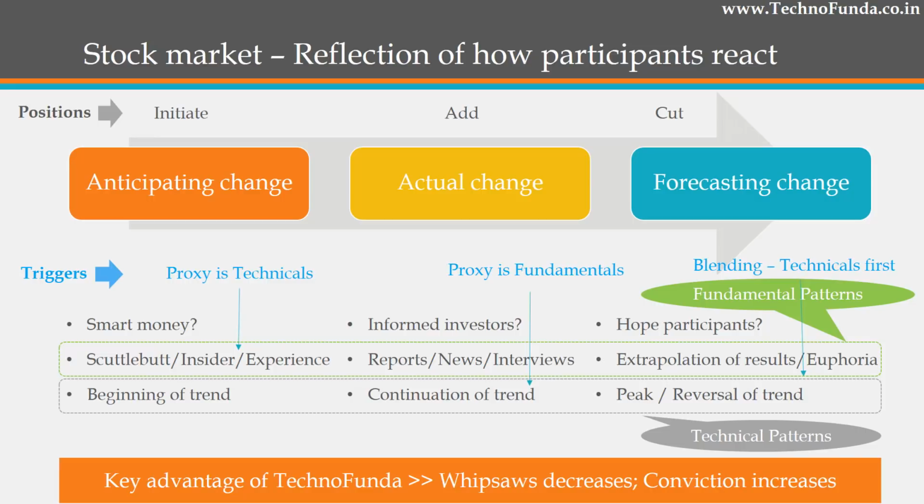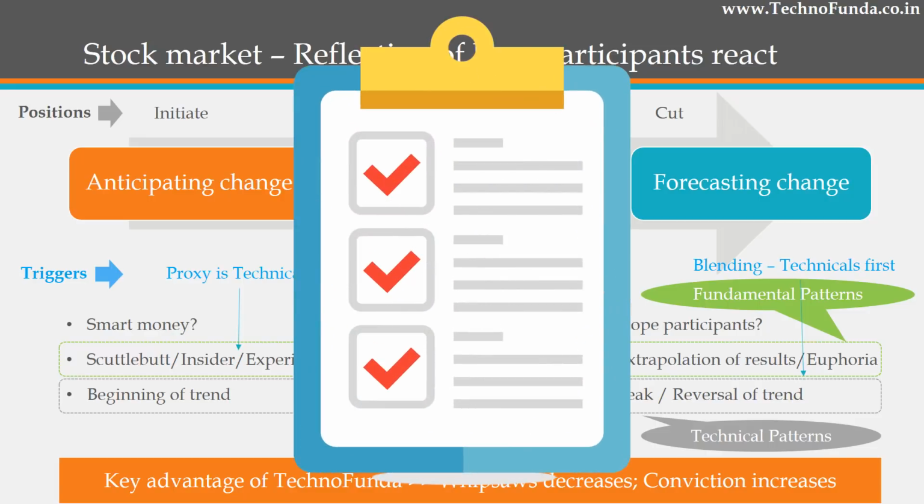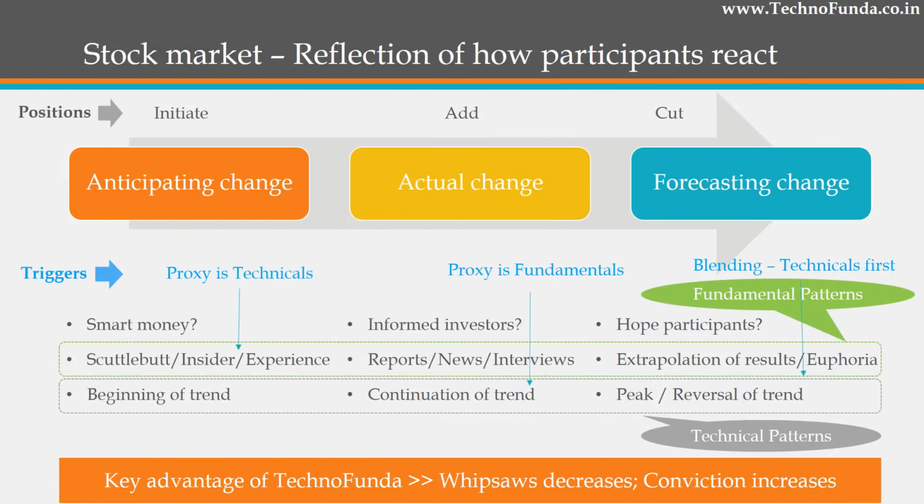To understand how this is done, we'll try to understand the process, because any investing should have a plan and a process in place, right? And how do we do it in TechnoFunda? So basically there are three stages which most of you would be aware of. First, initiating a position or taking a buy call, what to buy. Second is what to add, or how much to average up or how much to average down. And then the third decision point is basically cut or sell or trim or reduce your allocation, right?